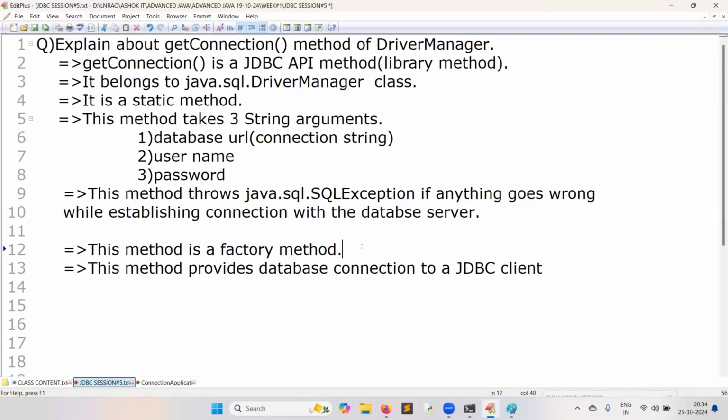Once it provides the connection to the Java program, its role ends for that client. Okay, please don't forget that point. So that is about the getConnection method, please. Over.